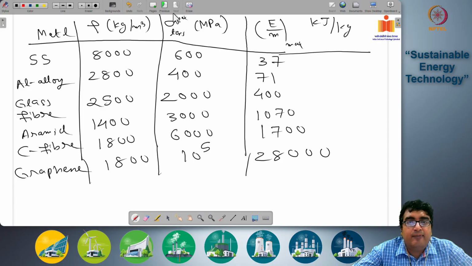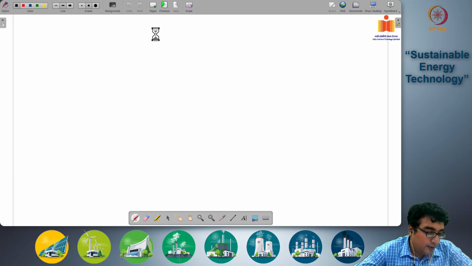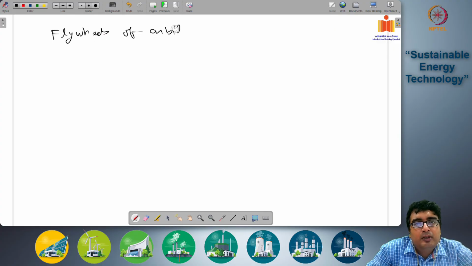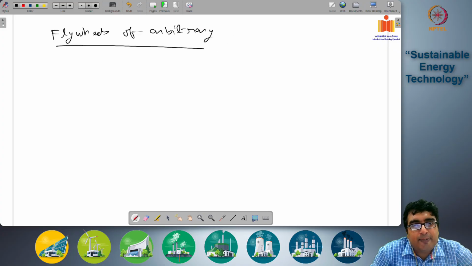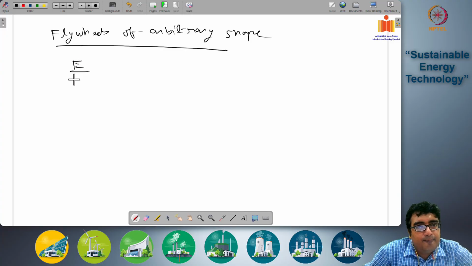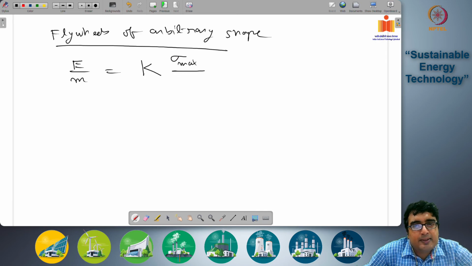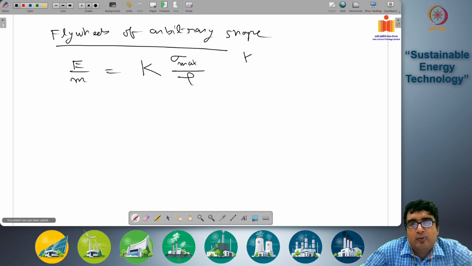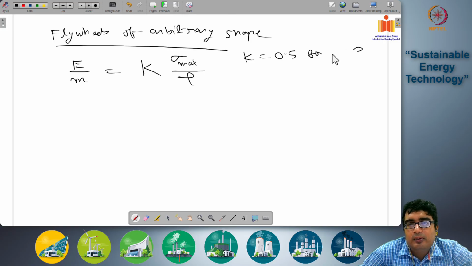You can also have, and this is the last part we will do before finishing today's class, flywheels of arbitrary shape. We just looked at rim type flywheels. For flywheels of arbitrary shape, your expression of E by M becomes K into sigma max by rho, where K equals 0.5 for rim type flywheels,